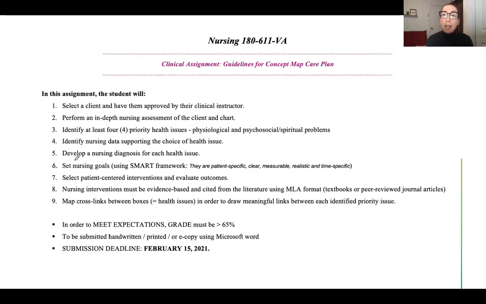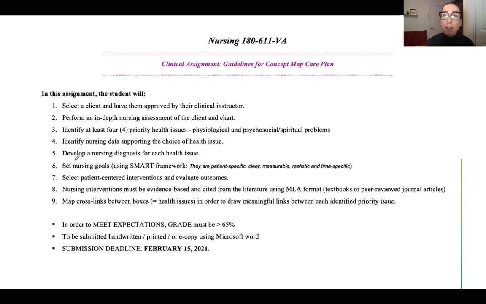There you go. So last thing I want to talk about is to review the clinical assignment. So we'll go over the guidelines quick. I want you to read them on your own, obviously, and come with questions tomorrow in Zoom. So you have to select a client, first off, that you find interesting, that you find complex. You get that client approved from your instructor. Then you perform an in-depth assessment, which you would do anyway when you care for that patient. So head to toe assessment, reading the chart, looking at OASIS, all that